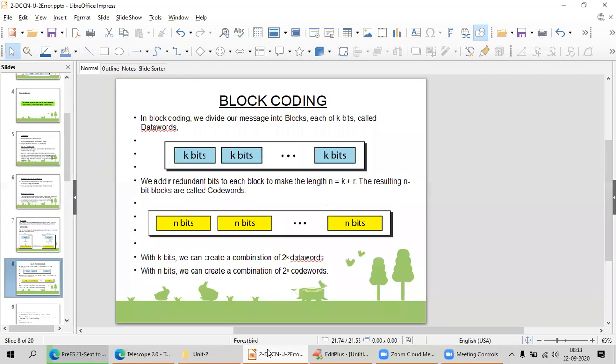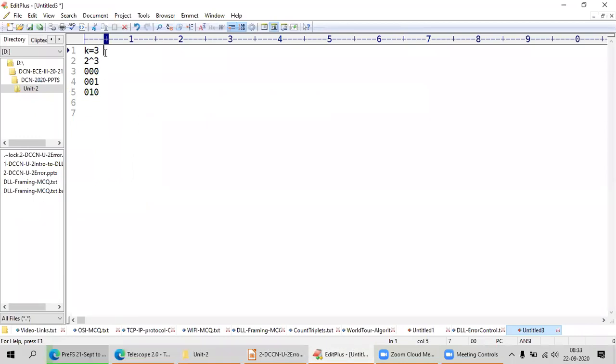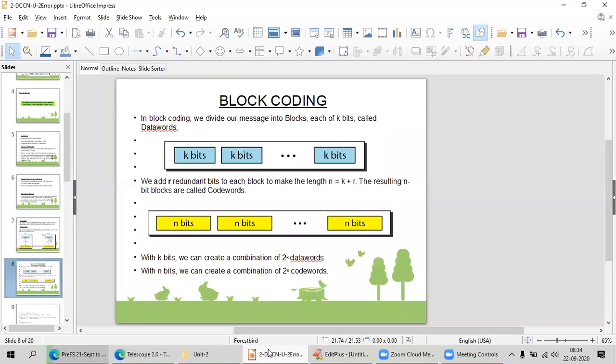Now n bits means I am adding 3 plus 1, with r equal to 1. In this case I am going to get 2 to the power of 4 code words.